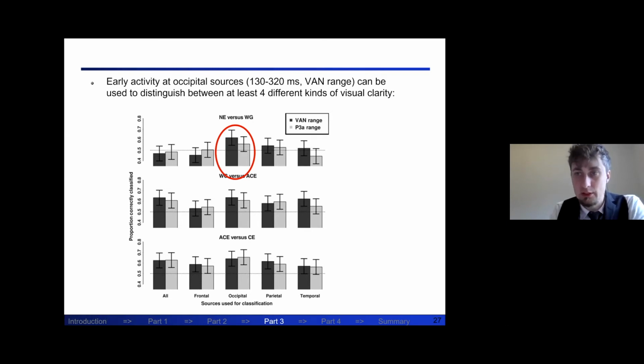So in this paper, again, it just shows that the signal can be decoded already at this relatively early time point, and later time windows do not really add any information to that. But later time windows can definitely still predict it. But in terms of sources, we're still in the posterior cortex, not in the frontal.